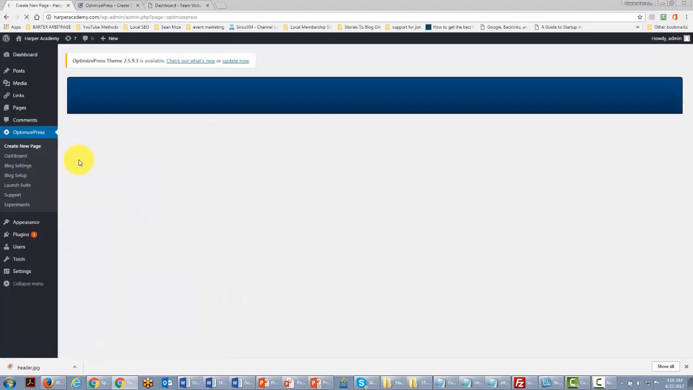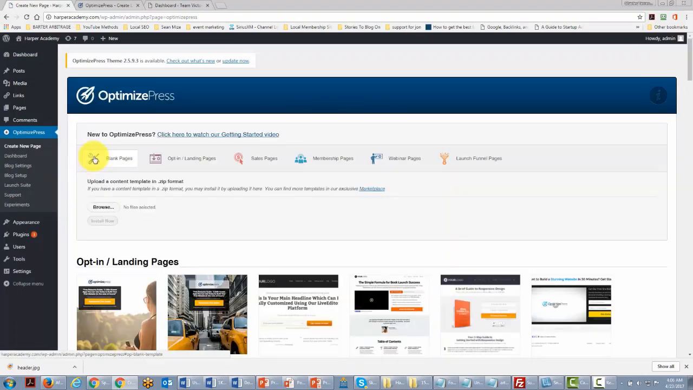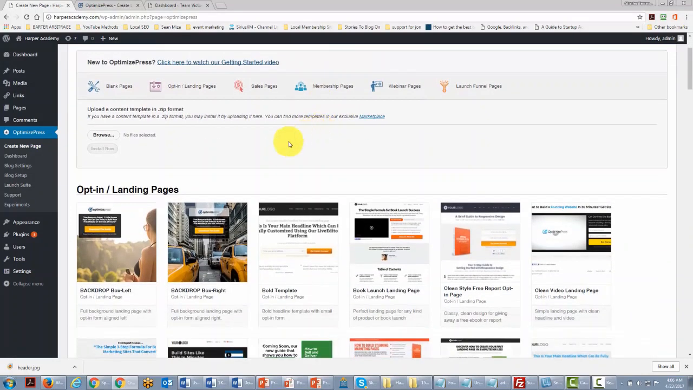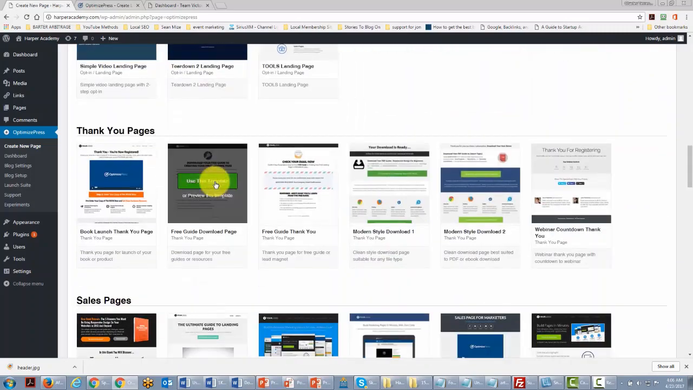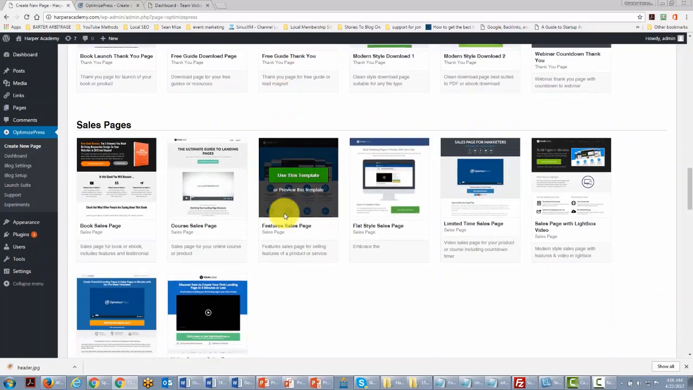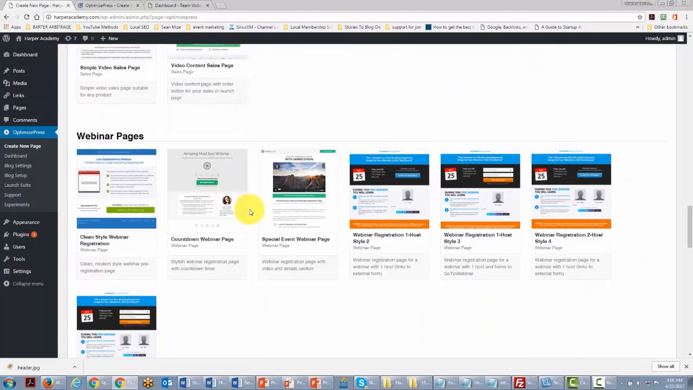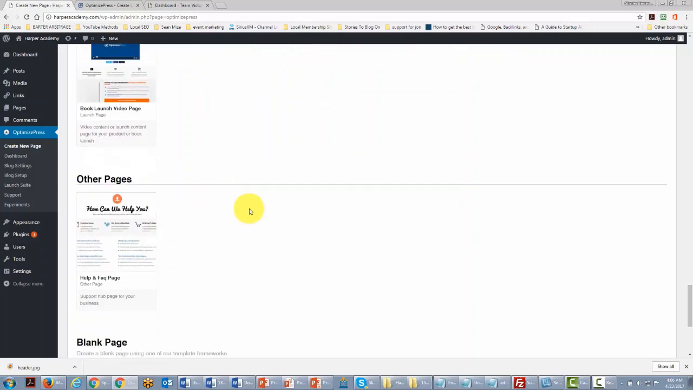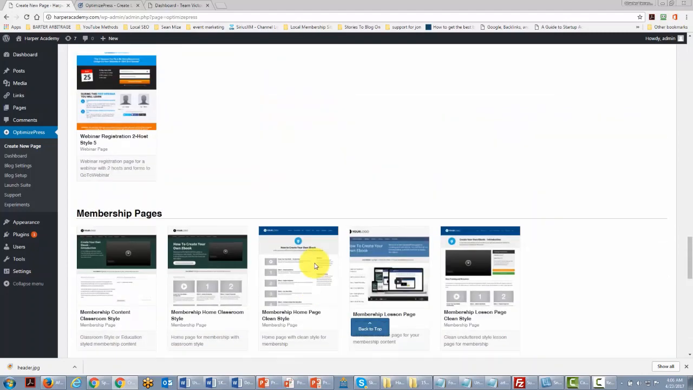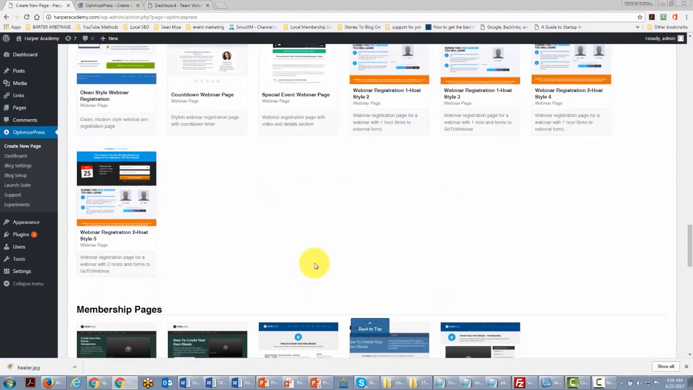and you start the process by creating a new page. OptimizePress gives you several templates to start with. They give you landing pages, thank you pages, sales pages, webinar pages, membership pages, launch pages, and FAQ pages. And basically, these are starter templates that you can use in order to build